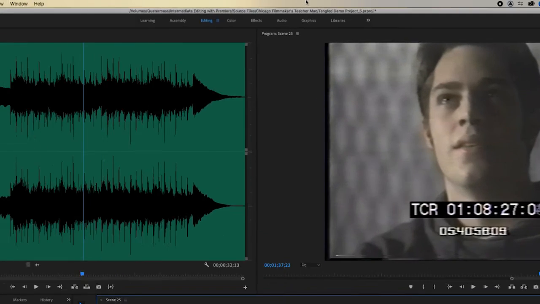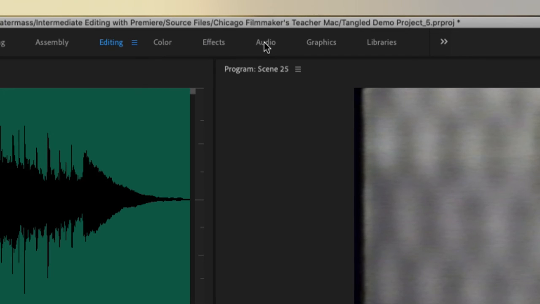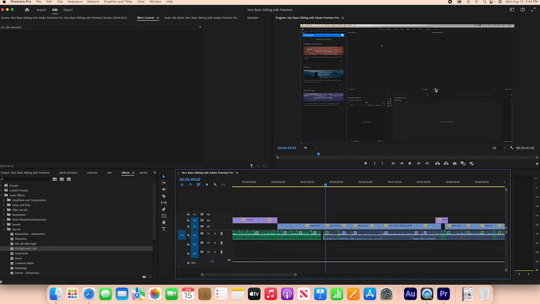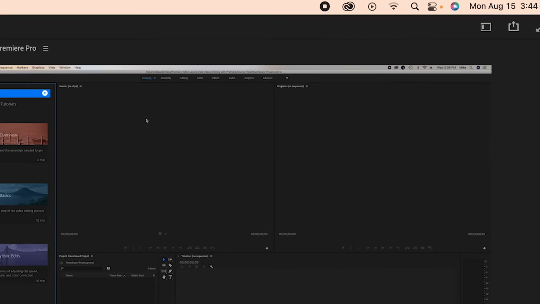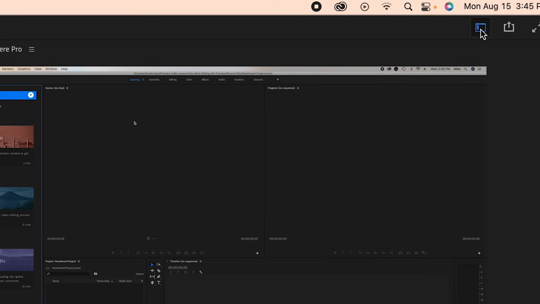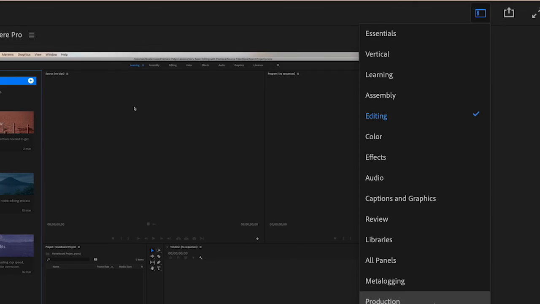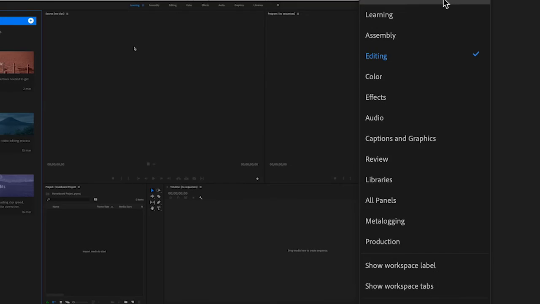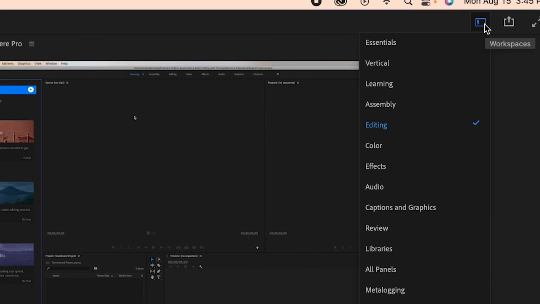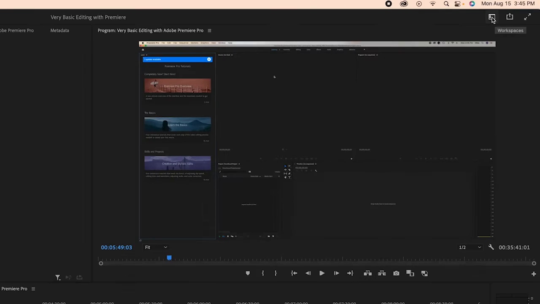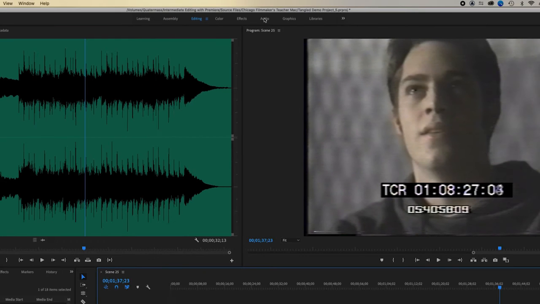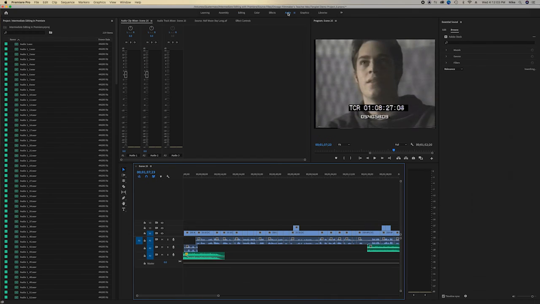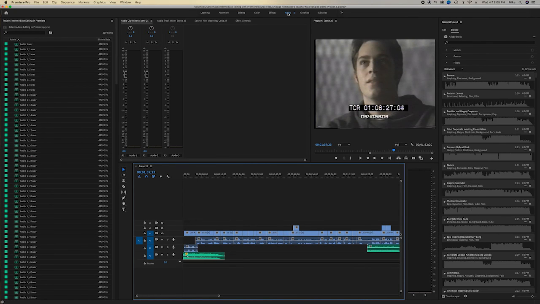Let's go up to the audio workspace. In the newest versions of Premiere, the workspaces are located under this icon. So when I instruct you to change a workspace, you'll be using this pull-down menu rather than the old across the top links, unless you are using the older version, of course. I click on the audio workspace, and the main thing I want to show you about the audio workspace is this area up here,